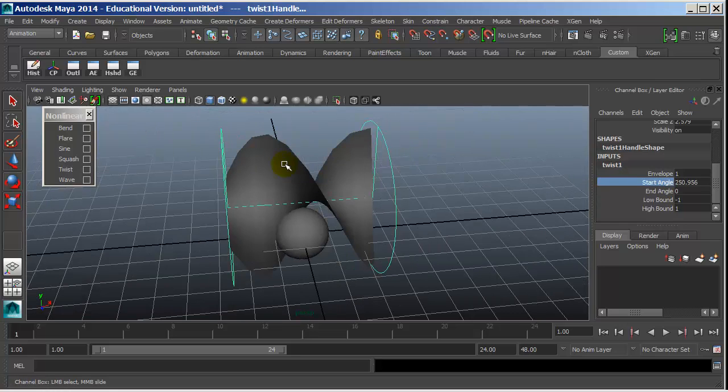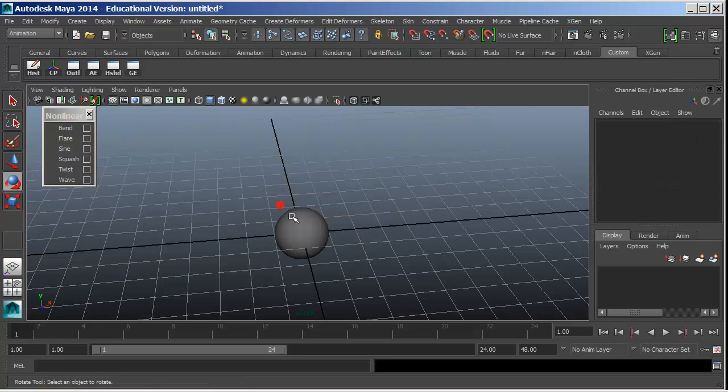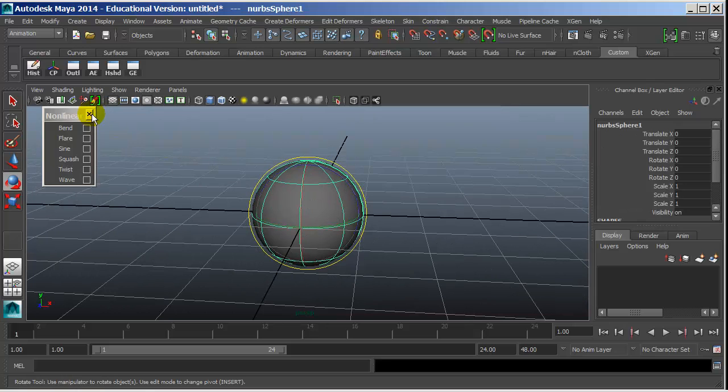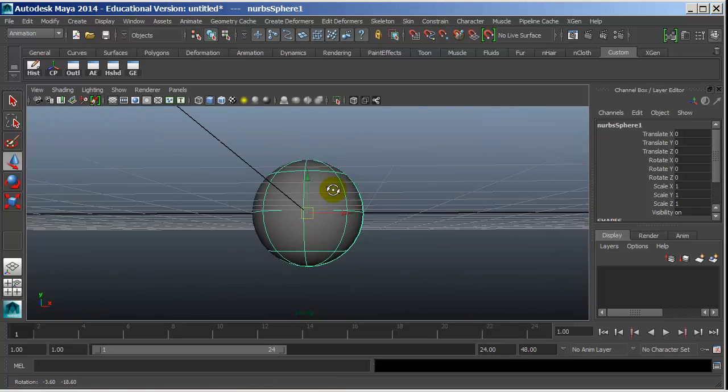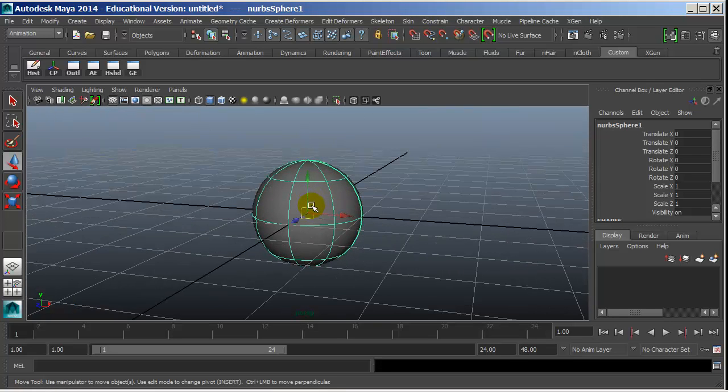Okay? So there's lots of different ways you can rig this thing if you were inclined to rig it. But for this, we're just using this simple sphere, and we're going to do everything manually. So the first thing we want to do is make sure that our sphere is sitting on the ground plane. Just like our other objects, everything we animate, we use the ground as our floor. So if you hold down J and you just click the arrow key up,